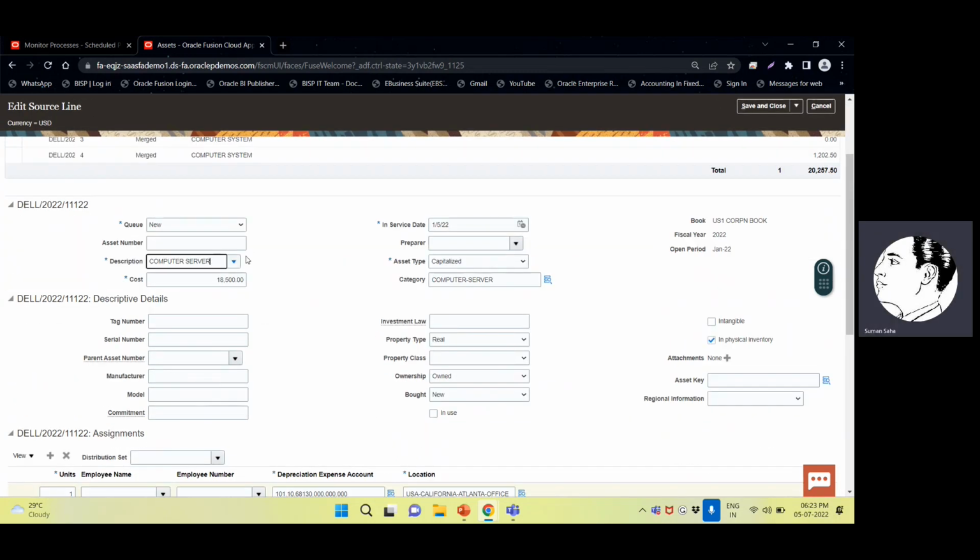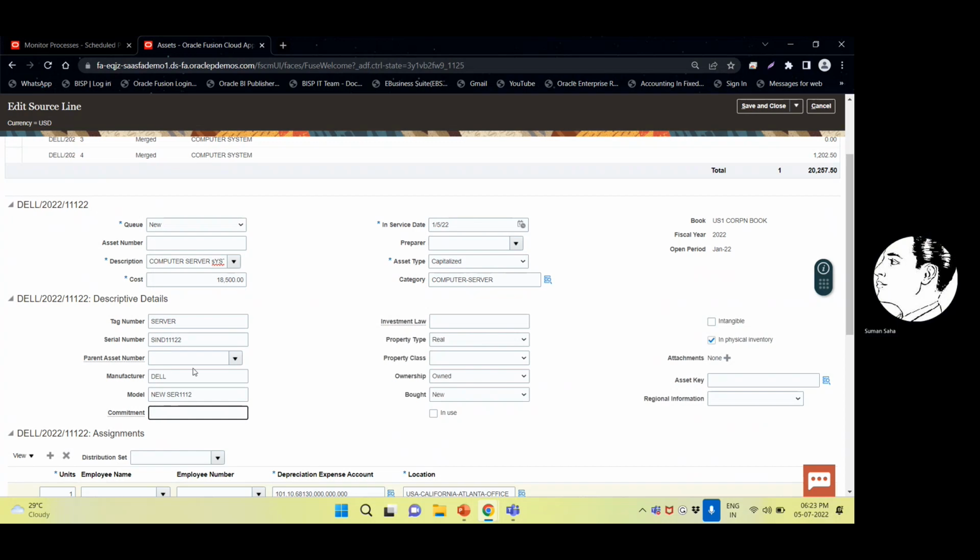Other thing I say server, computer, server system. Provide the tag, server, provide any serial number, SIND 122, manufacturing say Dell, model is